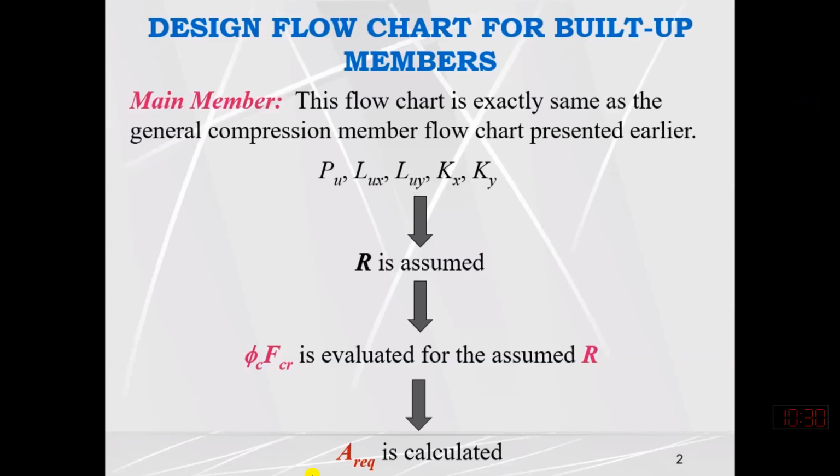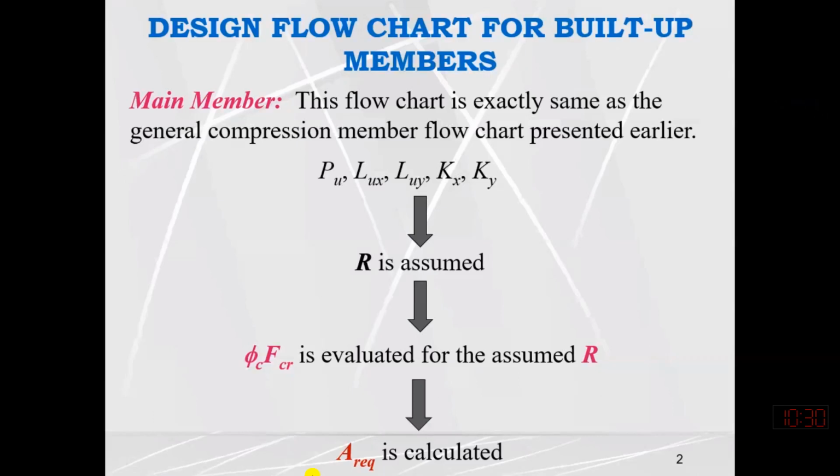because column selection tables are only provided for single angle, W section and double angle built-up section. But that is a double angle built-up section with stay plate only. Stay plate means where the distance between the angle sections is equal to the thickness of the gusset plate, which is around 10 millimeter.